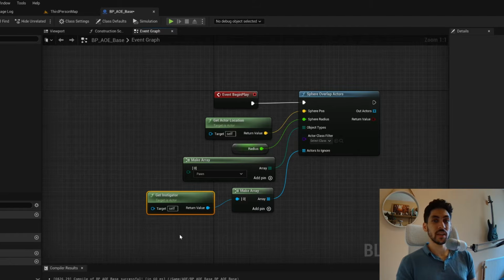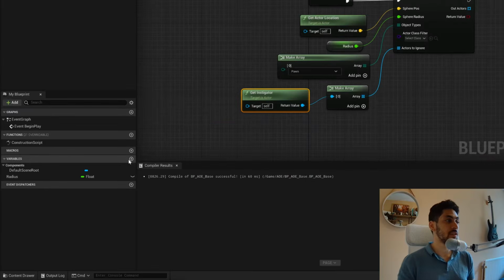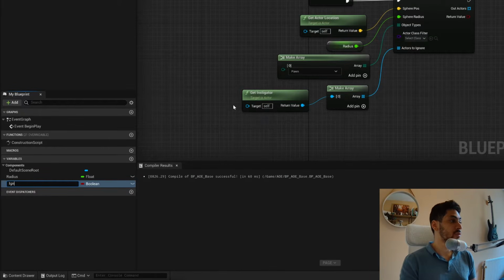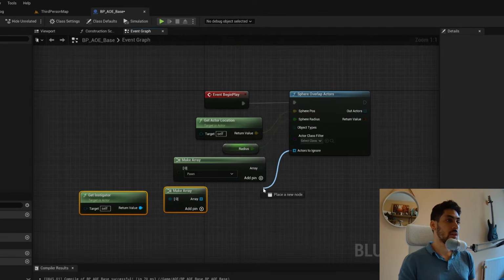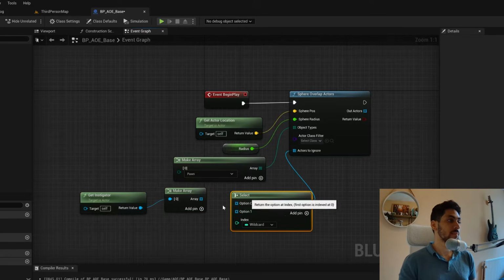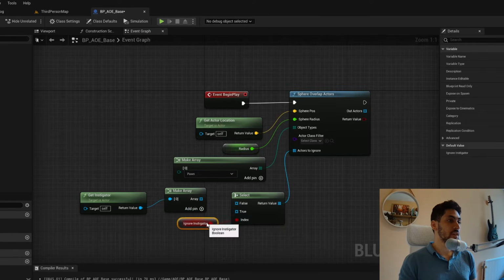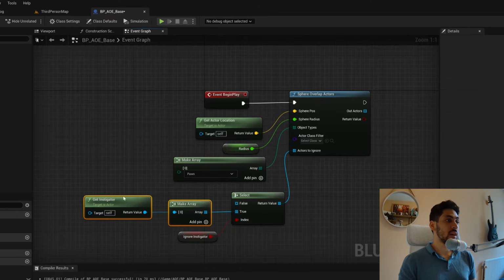So sometimes you want like a bomb to maybe damage yourself or your friends, and maybe you don't. So let's add a variable here and call it ignore instigator, which will be a boolean defaulting to false. And if ignore instigator is true, then we'll add this, otherwise we won't. So to do that in a simple way, we can pull off of this one and say select, put our ignore instigator as the option. So if ignore instigator is true, then we will add this instigator in our array, otherwise we will not ignore